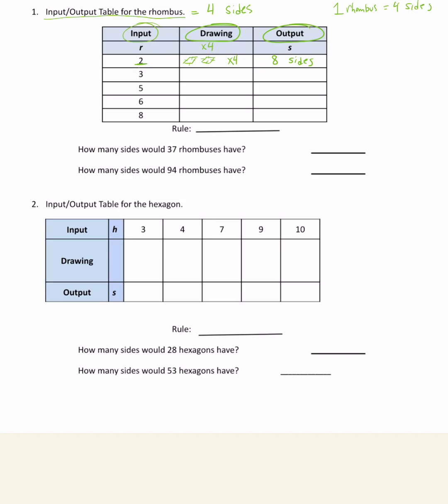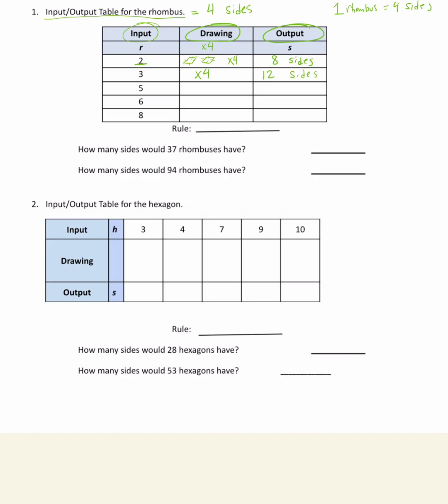Again, you can go in and draw these. However, as we get down here to these bigger numbers, it's going to be a lot harder to draw that because that would be a lot of rhombuses. So using the rule can make things a little bit easier. And our next one. So again, we know our rule was times 4. So if I had 3 rhombuses and I apply the rule, because one rhombus has 4 sides and I have 3 of them, well, 3 times 4 is